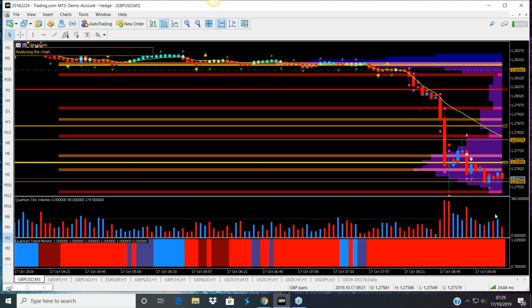So this is the 3-minute chart. Now, what I would do from here, I would actually go to my profile for cable, where I would have, as I said, a Renko, and I would have other time frames. So it's a 3-step process. We look at what the currency is doing in relation to its counterparts on the CSI. We look at how that translates to the pairs, and then we look at the charts of the pairs, and